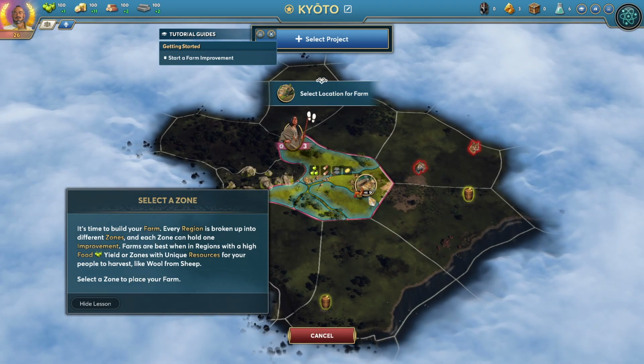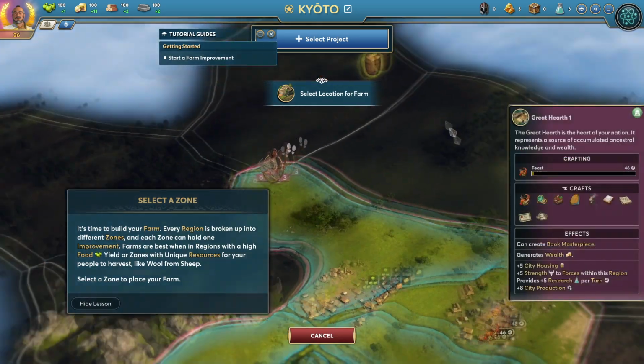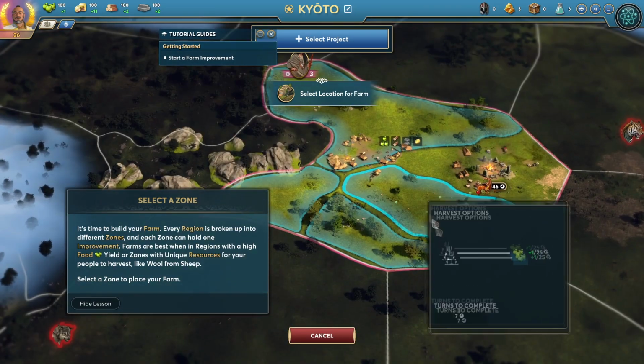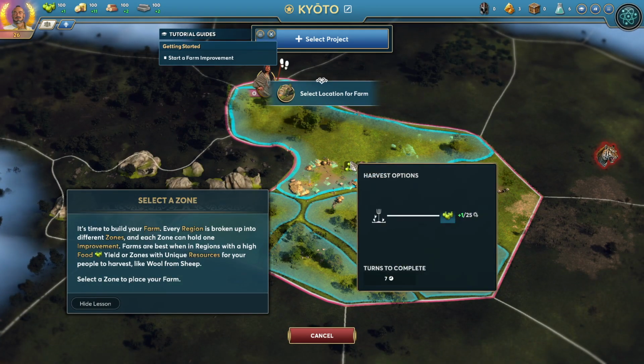Costs us 15 timber. Okay, so we built the farm. Oh, we have to select the location for the farm. Never mind. So I'd rather be up here if we've got wheat up here, but... So is this apples? Would that be like a...